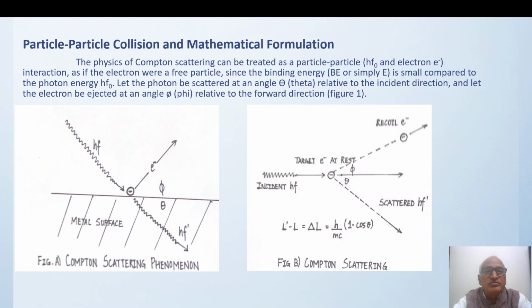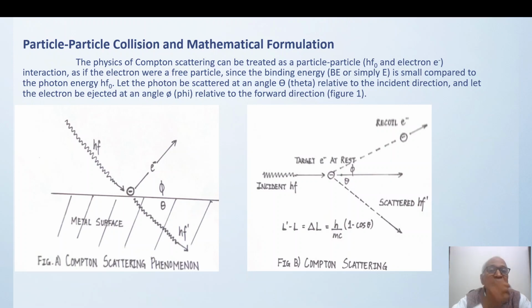The physics of Compton scattering can be treated as a particle-particle, that is hf0 and electron interaction. And if the electron were a free particle, since the binding energy is small compared to the photon energy, hf0,